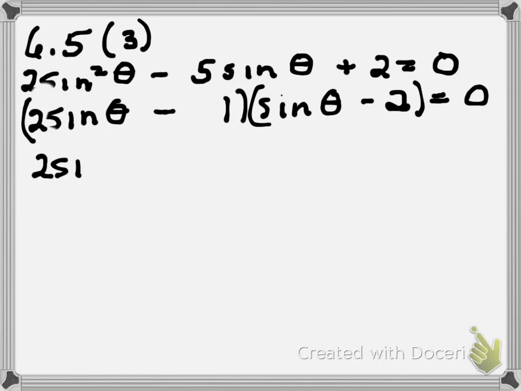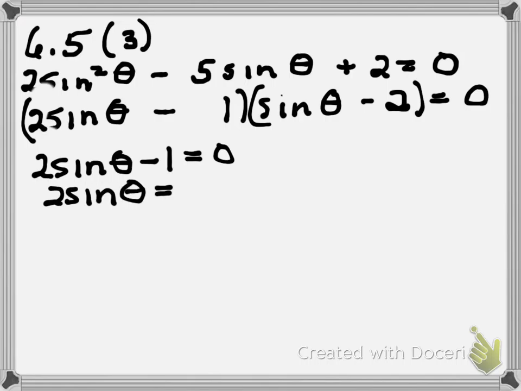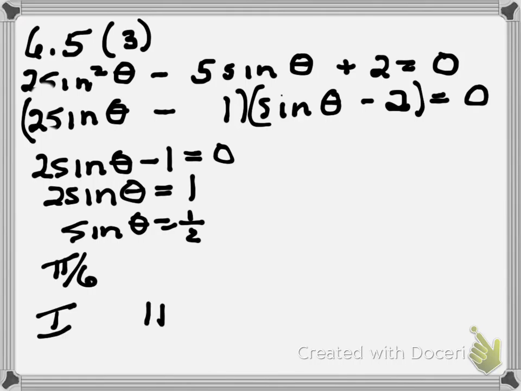Now when I set the first factor equal to 0, I have the sine of theta is equal to 1/2. And we know that that's 30 degrees or pi over 6. That would be the first quadrant, and sine is also positive in the second quadrant. So 6 pi over 6 minus pi over 6 is 5 pi over 6, and that takes care of that part of it. Then we look at